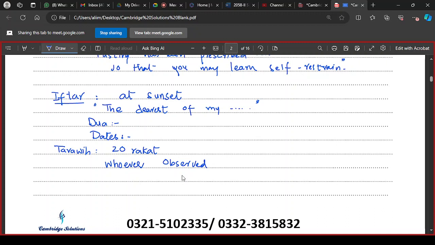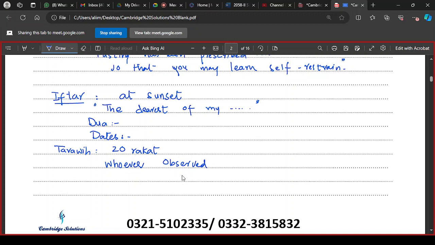They perform Tarawih prayers, 20 rakat, 20 units offered along with the Isha prayer and Witr prayer. This is the Sunnah of the Prophet, peace be upon him, to recite Quran as much as possible. In most of the mosques, the complete Quran is recited in Tarawih prayers, and they also perform additional Nafil prayers during this month, since it is a month of blessing.